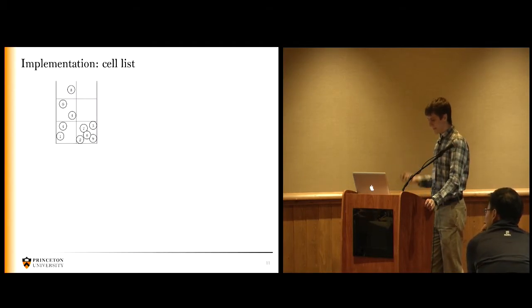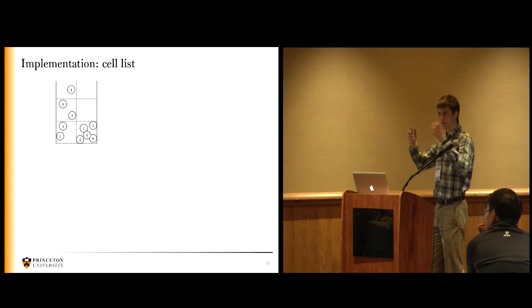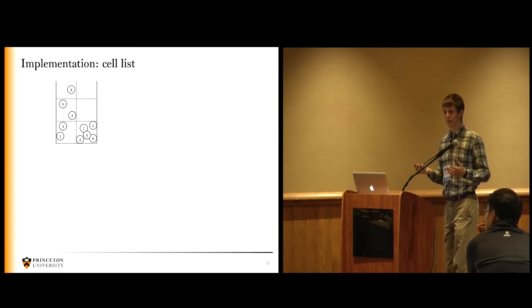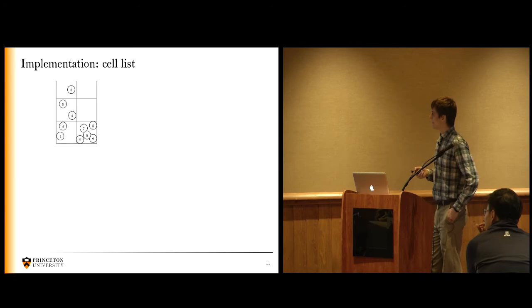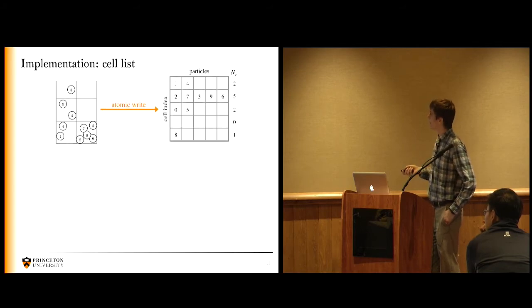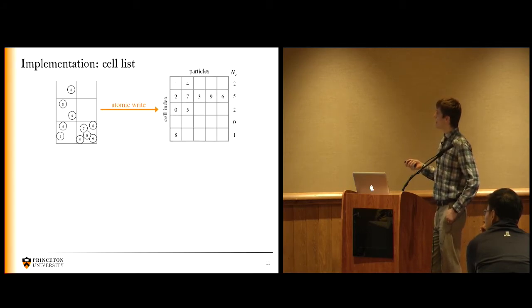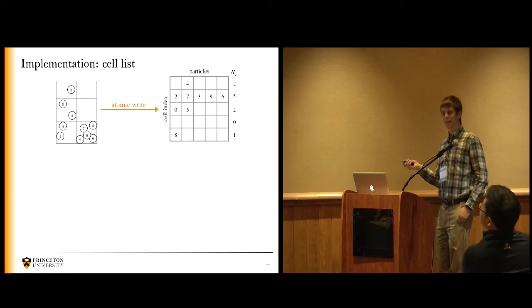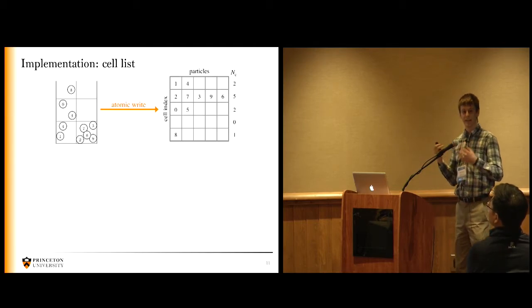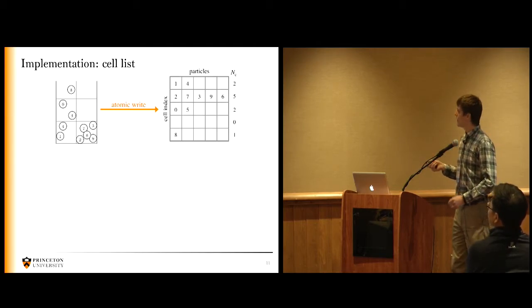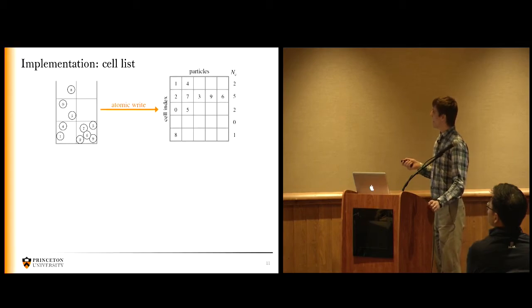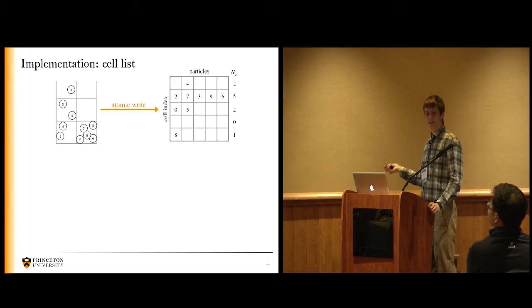So the cell list, where we compute who's in which bin, is the most important part of the MPCD algorithm. There are lots of different ways on the GPU you can construct a cell list, but the one that we found to be most efficient is to bin particles and then use atomic operations to write the particles into a cell list, which we've done in an overallocated fashion so that we don't get too many collisions on the atomic operations. So we allocate memory so that any cell is capable of holding the maximum number of particles